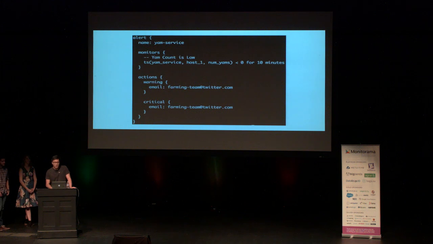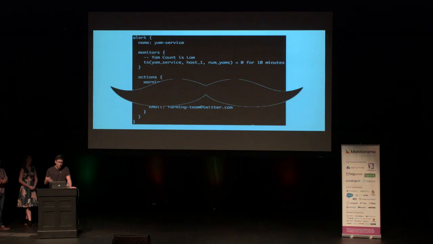The config language itself was a JSON-ish, but not really domain-specific language, and it was pretty straightforward, but it was clearly not designed with templating, shareability, or reuse in mind. To get around this, we ended up stapling on Mustache on top of it to allow some kind of templating, but it never really felt like a complete solution, and even with it, programmatic generation of configs was still pretty difficult. So to get around that, many teams created their own custom alert generation workflows using complicated scripts and templating, leading to a fragmentation of workflows.